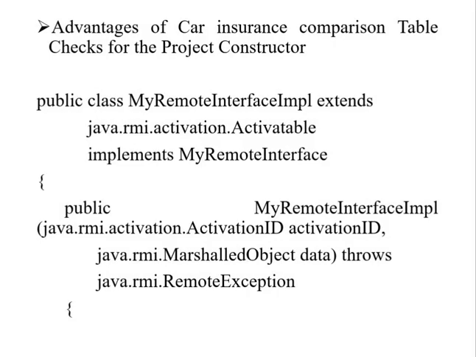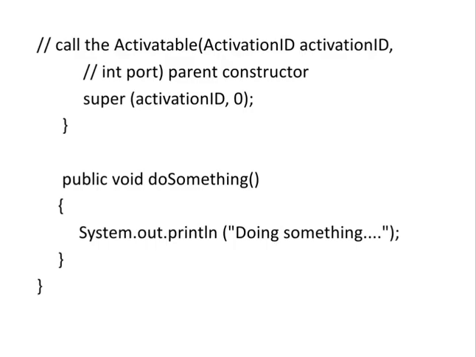Let us consider the program. public class MyRemoteInterfaceImpl extends java.rmi.activation.Activatable implements MyRemoteInterface { public MyRemoteInterfaceImpl(java.rmi.activation.ActivationID id, java.rmi.MarshalledObject data) throws java.rmi.RemoteException { super(id, 0); } public void doSomething() { System.out.println("doing something"); } }